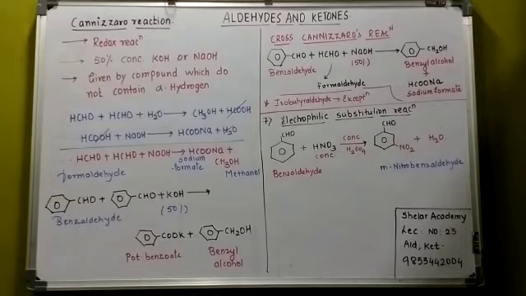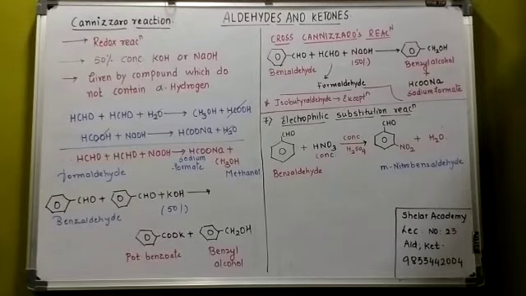Now the next and last reaction for aldehydes is the electrophilic substitution reaction. It is the reaction of benzaldehyde reacting with a nitrating mixture. Nitrating mixture मतलब concentrated nitric acid और sulfuric acid का mixture, that is called a nitrating mixture. As you know, aldehyde is a deactivating, meta-directing group. Hence, नitro group किधर जाएगा? The nitro group will go at the meta position.